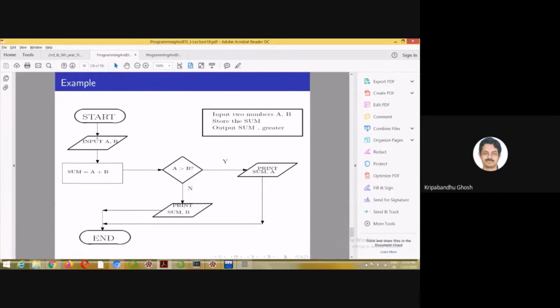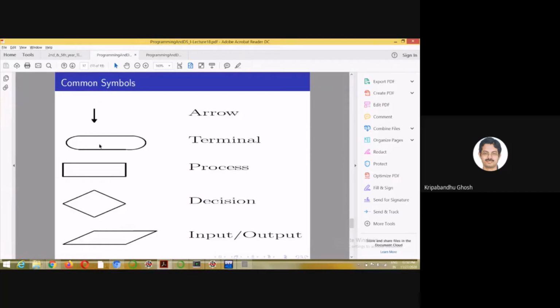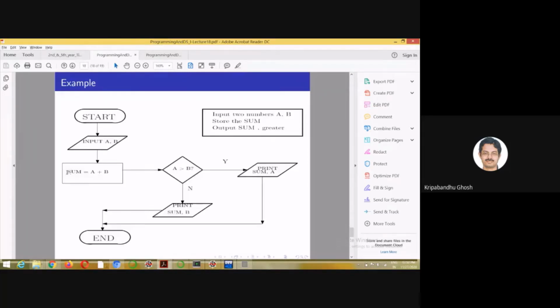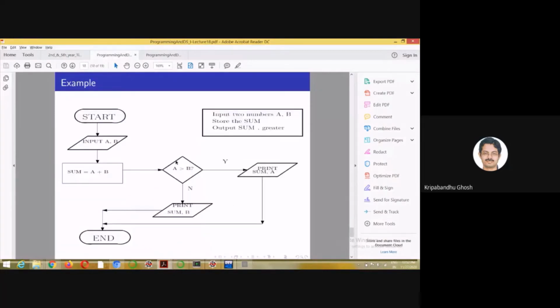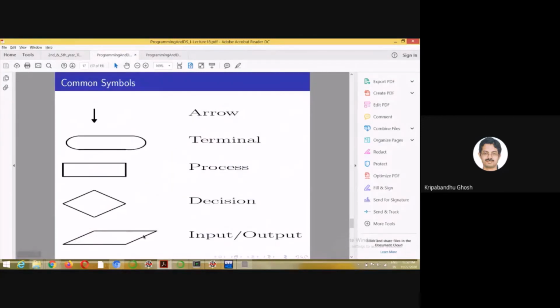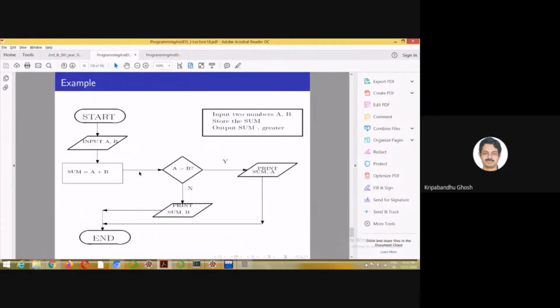Start and end are indicated by an oval. Any process, here say sum = A + B, is indicated by a rectangle. A decision is indicated by a diamond, and a parallelogram is used for input and output of an operation.